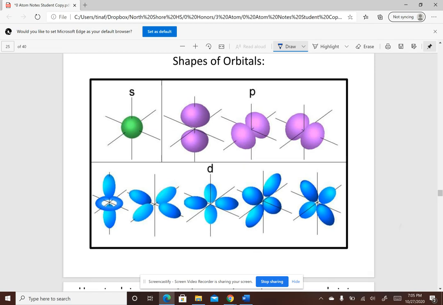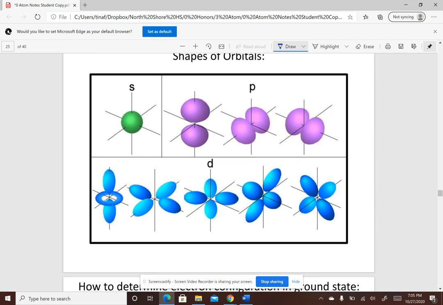So there are actually 4 kinds of orbitals. I have S, P, and D here, but F is the 4th kind of orbital, and we'll just write that down there. So the S orbital has 1 orbital. And if you had to describe that shape, we would say it's shaped like a sphere. So that's the general location where we would find an electron if it was in an s orbital. And it holds 2 electrons. So if you know that an atom contains an electron shell that has an s orbital in it, you know you can fit 2 electrons in there.